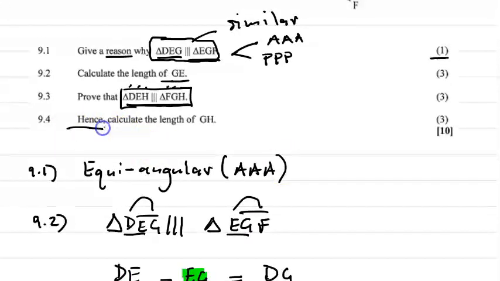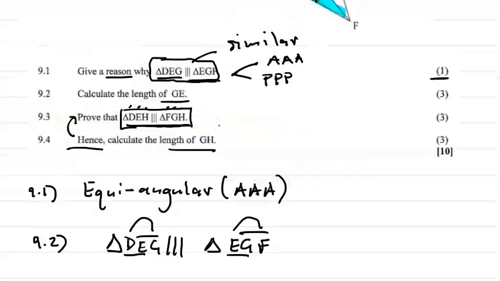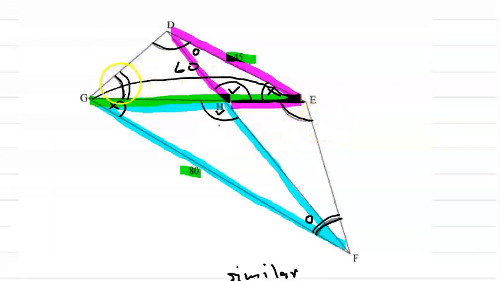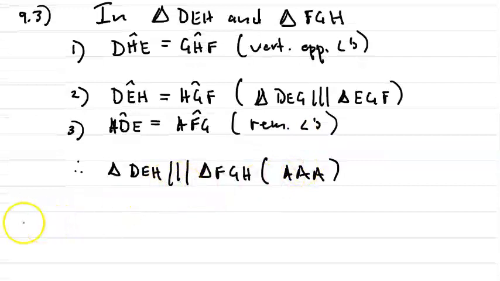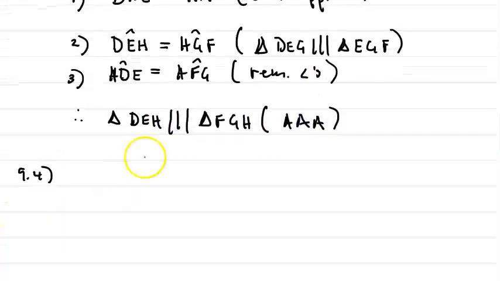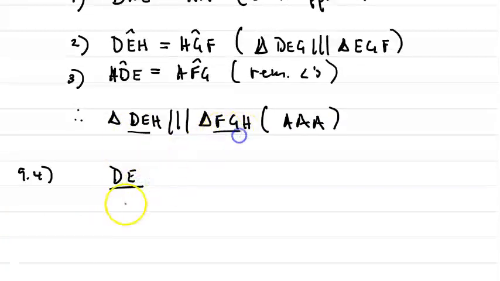Hence. Hence means we have to use what we derived in our previous solutions. Calculate the length of GH. So we want to find the length of the side here, which is GH. First thing that we're going to do is write our sides in proportion. So for 9.4, remember that DE, first two over first two, FG, second two letters over the second two letters, EH, all over GH